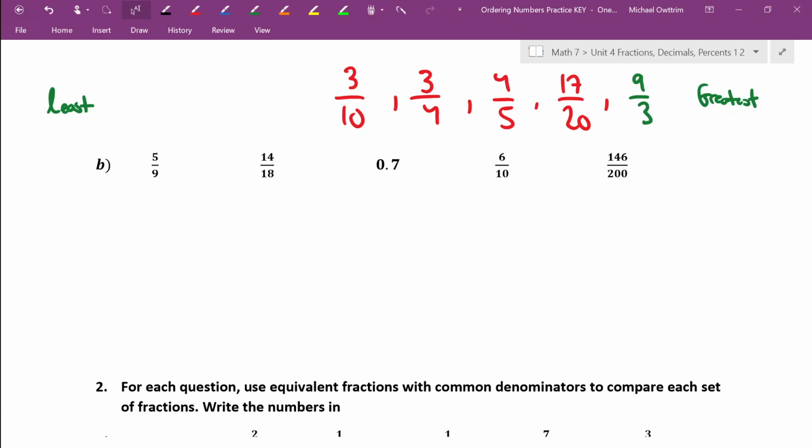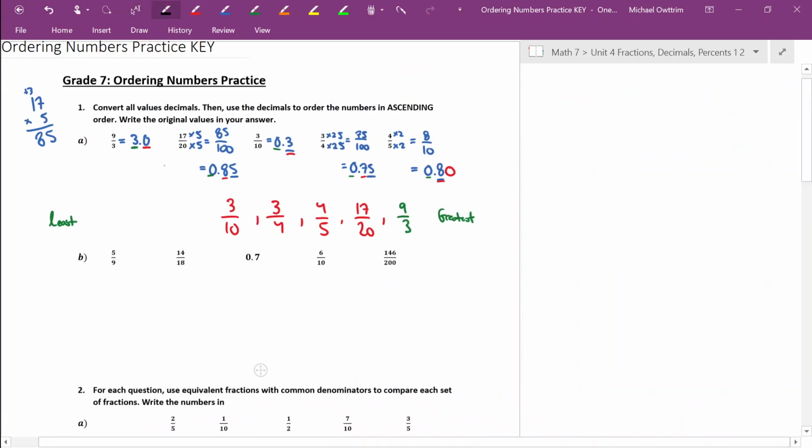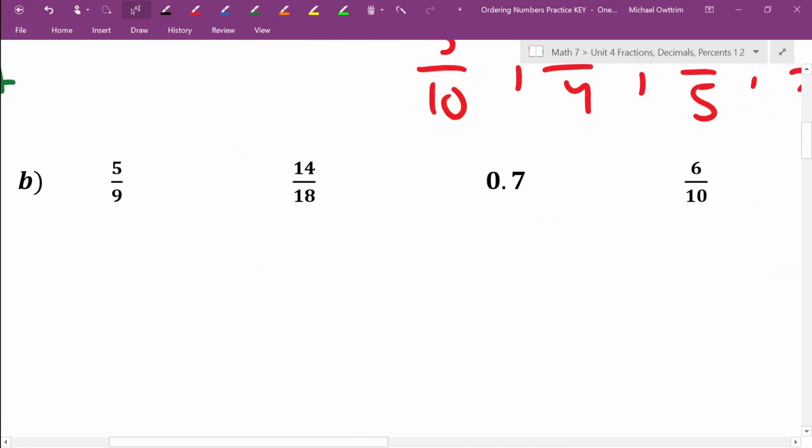Take a look at question B. Again, we want to convert all of these to decimals. In 5/9, we have a 9 on the bottom. We know that creates a repeating decimal. So this is 0.5555, 5s forever. In the case of 14 over 18, I can make a 9 on the bottom by dividing